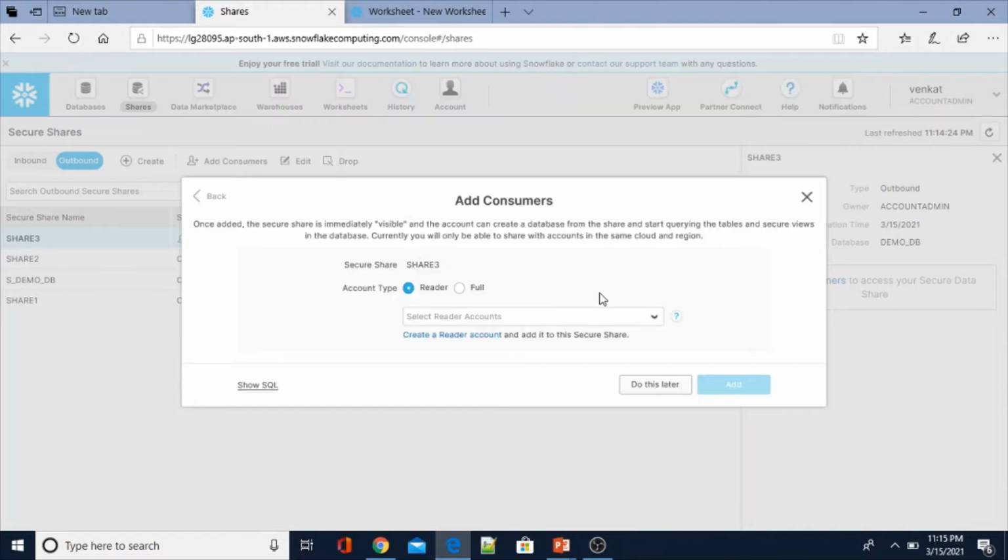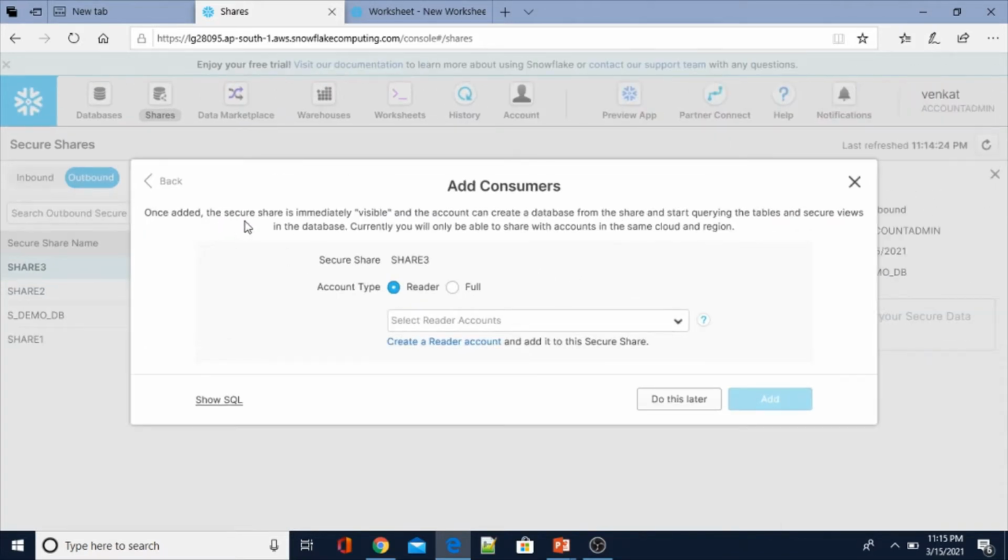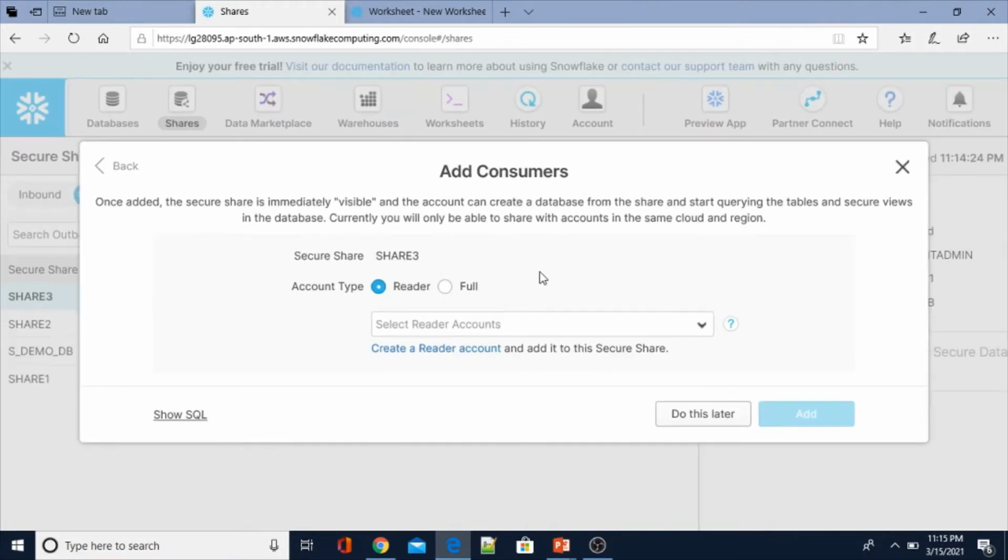Once added, the secure share is immediately visible, and the account can create a database from the share and start querying the tables and secure views in the database. Currently you will only be able to share with accounts in the same cloud and region.